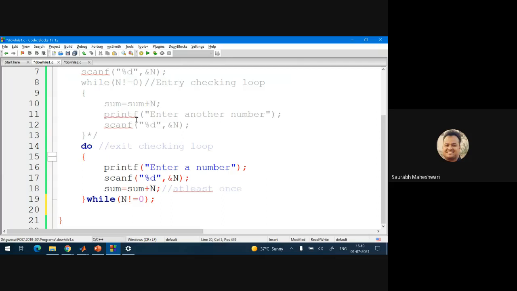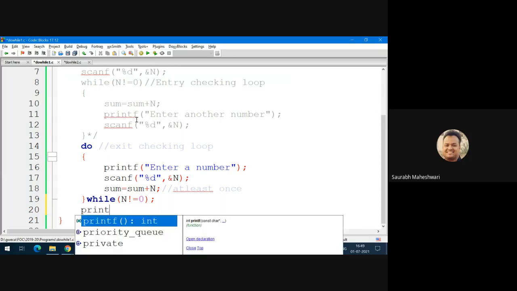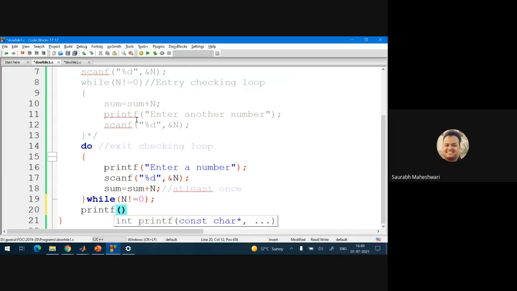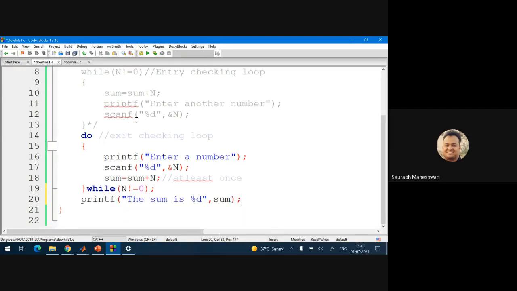For printing the sum, you have to write the printf statement. So the printf statement would be the sum is %d, and that would be sum. Okay, now let us run it again.